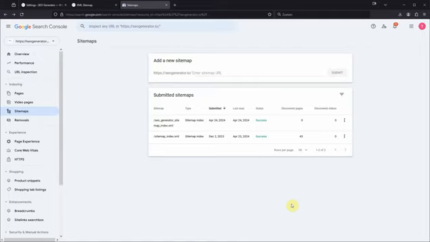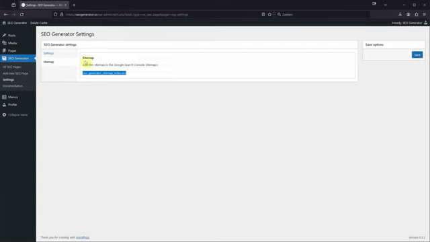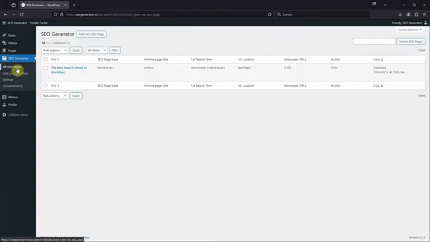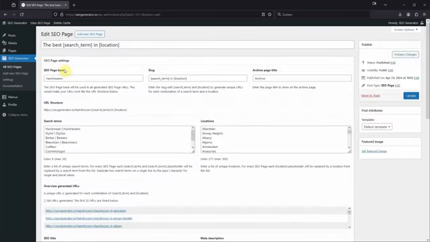Let's play around with some of the settings to get a better feel of how everything ties together. Let's close the Search Console and our sitemap, and let's go back to our admin area. Let's edit the existing page again. We will update the SEO page base to our style lists, and we can update the slug to the best search term in location. This changes the URL of the existing pages to our style lists, the best search term in location. When we update the page,